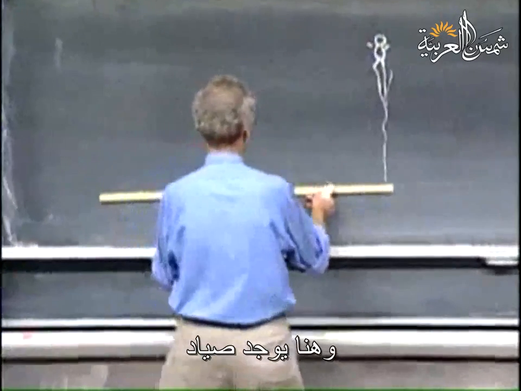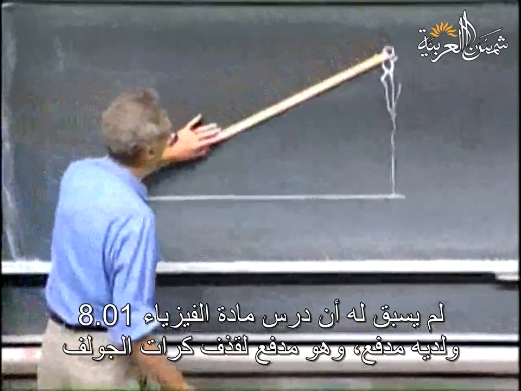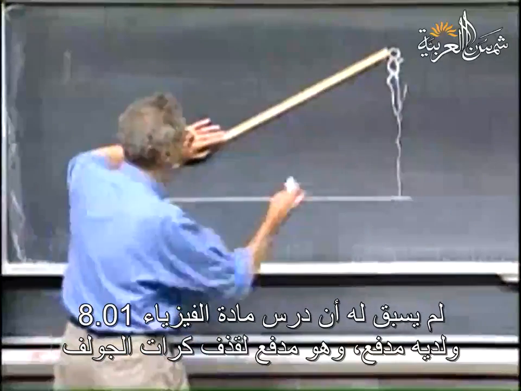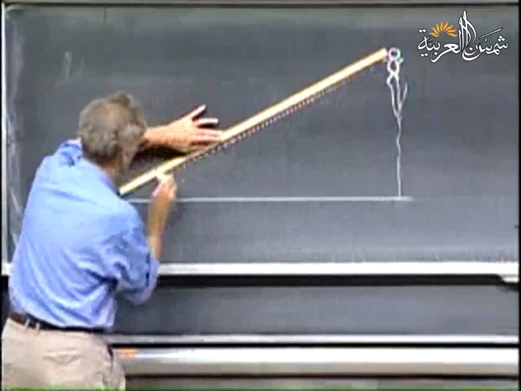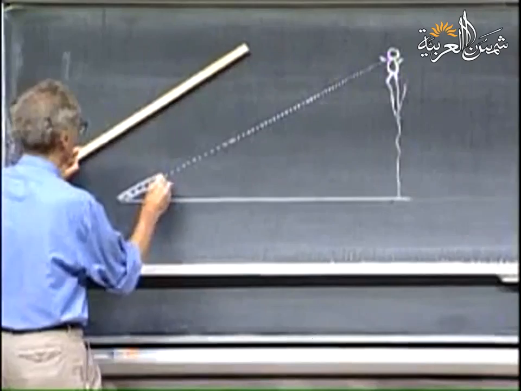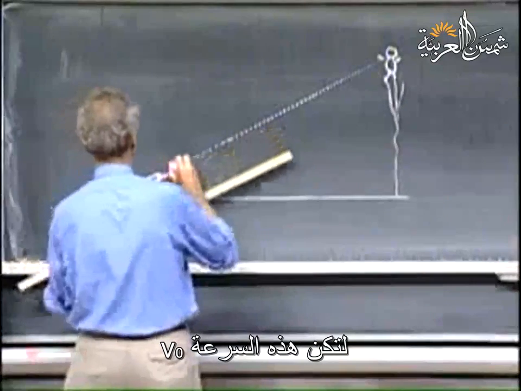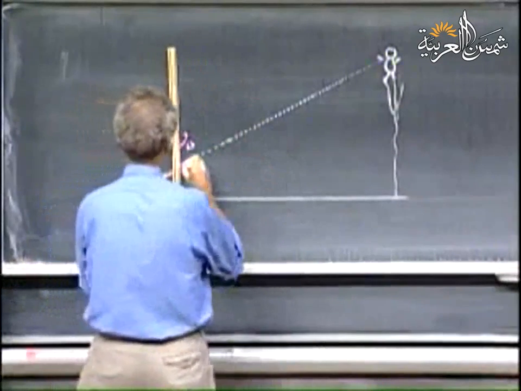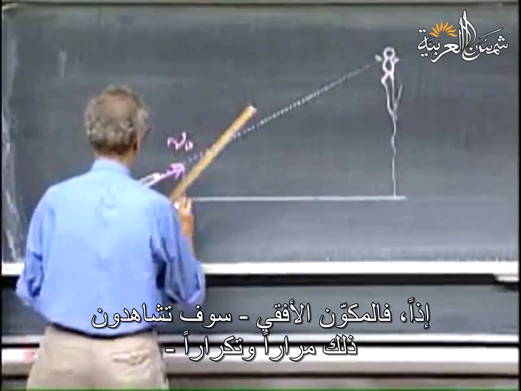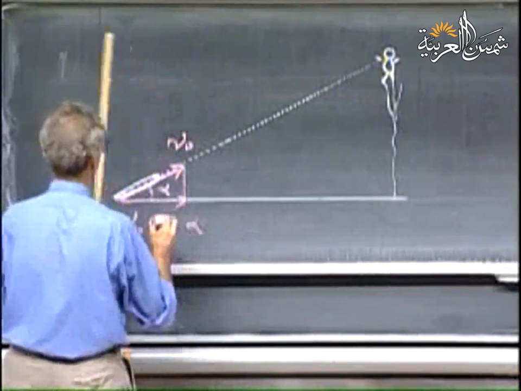And here is a hunter who never took 8.01, and he has a gun which is a golf ball gun, and he aims that gun right at the monkey. He shoots it with a certain velocity, the golf ball. Let this be speed, V0. So the horizontal component, you're going to see that again and again, V0 cosine alpha, and the vertical